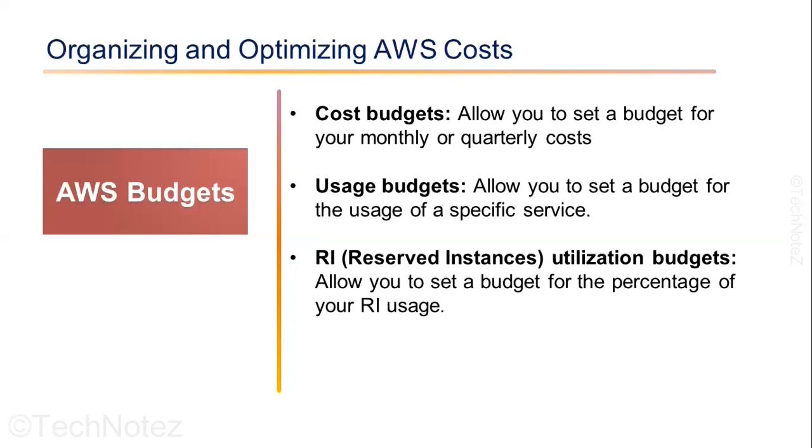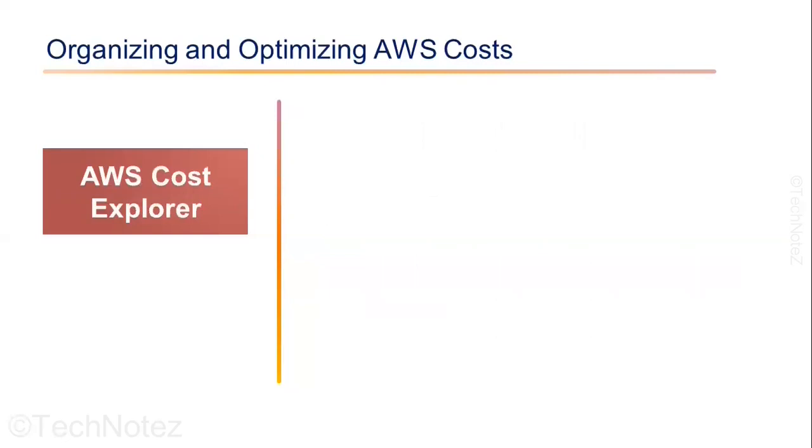RI budget, or reserved instances budget, allows you to set a budget for your usage of reserved instances, which are a type of pricing model offered by AWS that allows you to pay a lower hourly rate for EC2 instances and RDS databases for a 1 or 3 year commitment. Reserved instance budget helps you track your usage and cost of your reserved instances. You can set custom budgets that alert you when your cost or usage exceeds your budgeted amount. This can help customers stay within their budget and avoid unexpected charges. If you are an AWS learner, you should definitely set your AWS cost budget to avoid an unexpected bill at the month end. Next, let's talk about the AWS Cost Explorer.